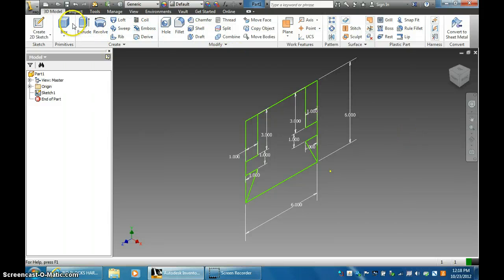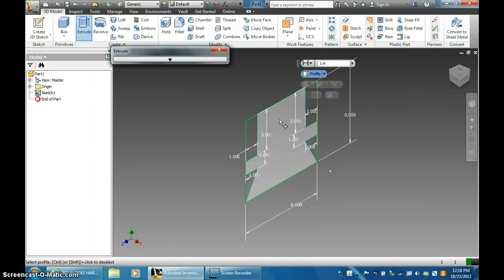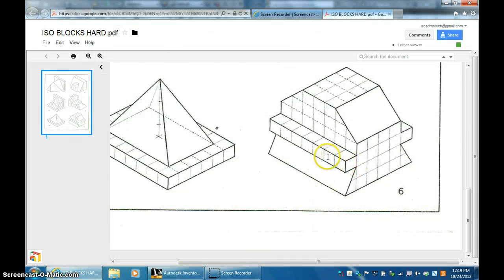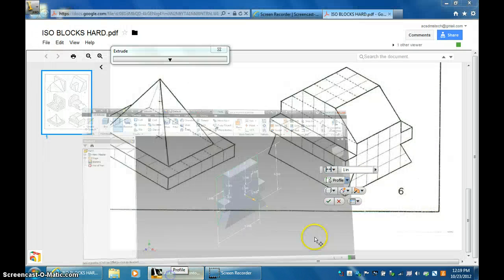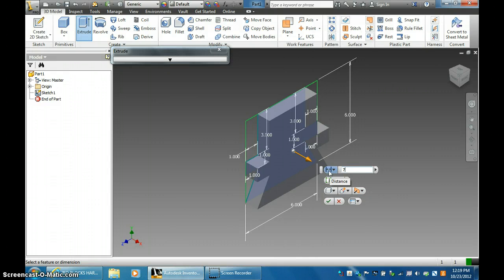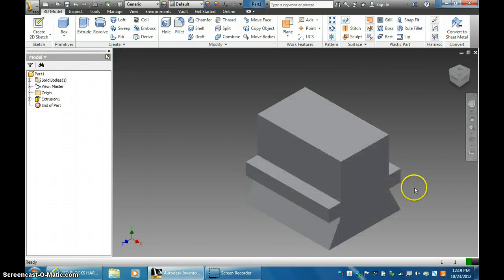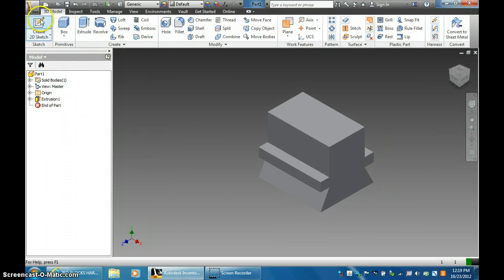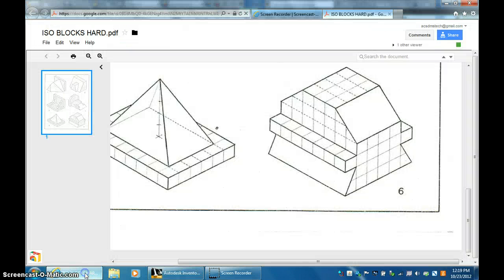I'm going to go to the extrude tool, and I'm just going to select the inside area. And I have to go in and count how many boxes. So it's 1, 2, 3, 4, 5, 6, 7. 7 boxes. So change it to 7 inches. Click OK. Good. Now I have to create a 2D sketch on this face right here, the front face, because